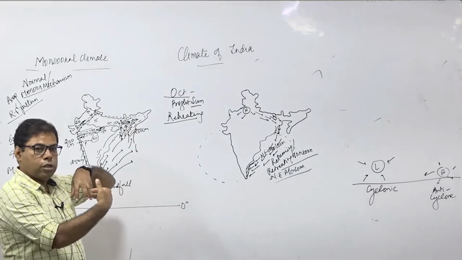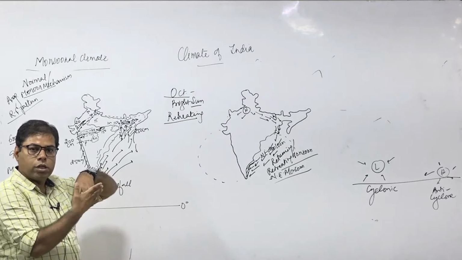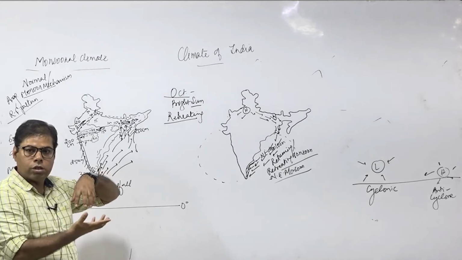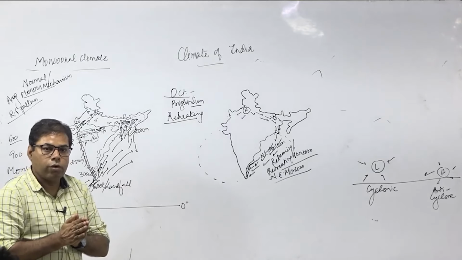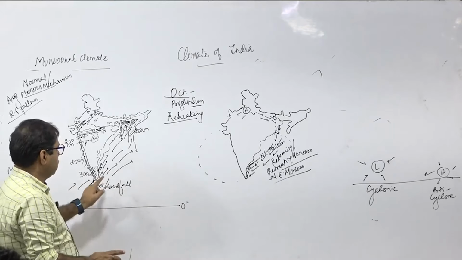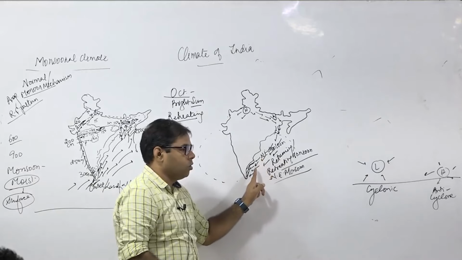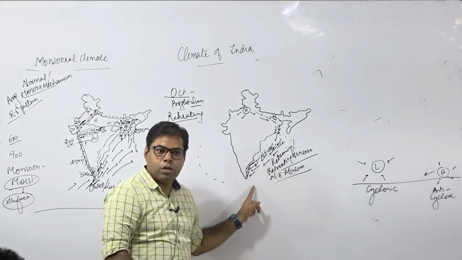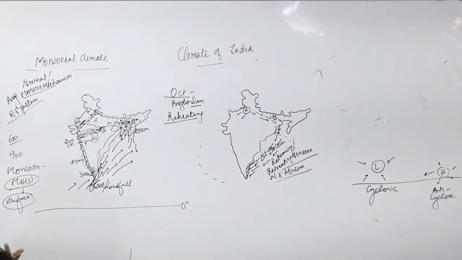What is the state here? Bihar. So for Bihar it is the eastern direction. Yes or no? So the direction of the wind is always in reference to the location. Must remember. This is the location of the Coromandel coast. So the wind is coming from the northeast direction in reference to the Coromandel coast. Therefore it is called the northeast wind.